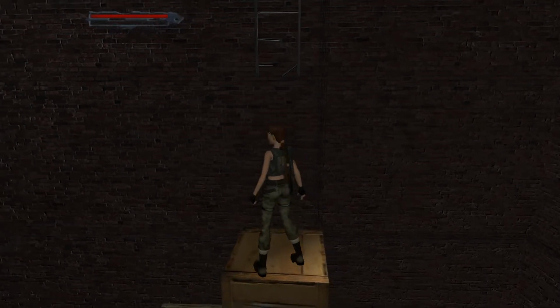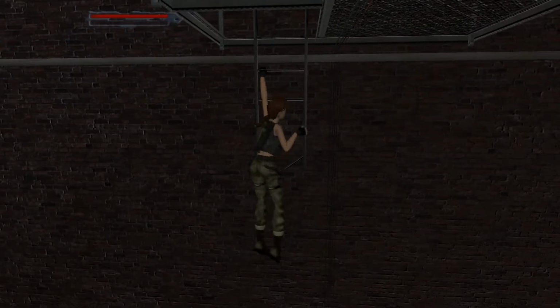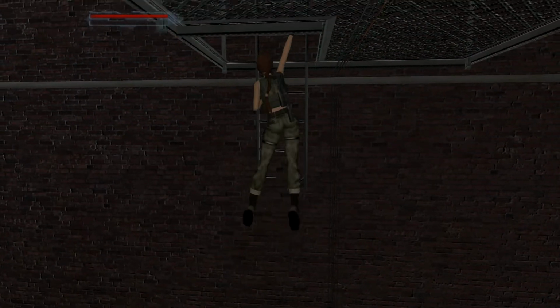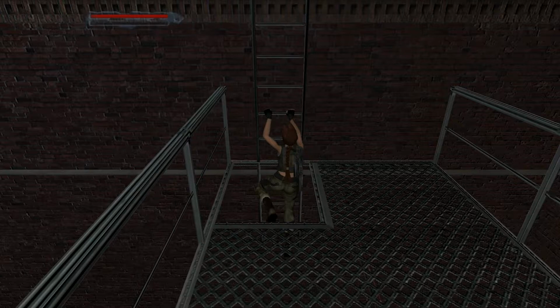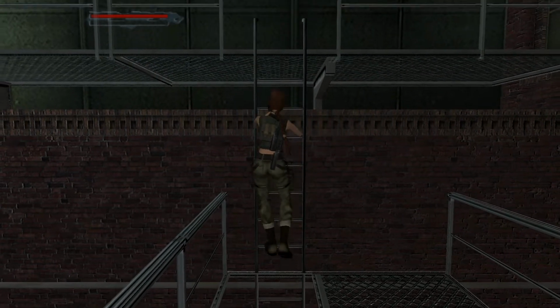Alright, so in order to get out of here, what you want to do is come over here to this corner. I'm directly across from that little hut where that dude was standing. I'm going to hop up here. Now, there is a button down there you can press that's going to lower an elevator off of one of the shelves, but the button's not going to do much. It really is kind of pointless, so...